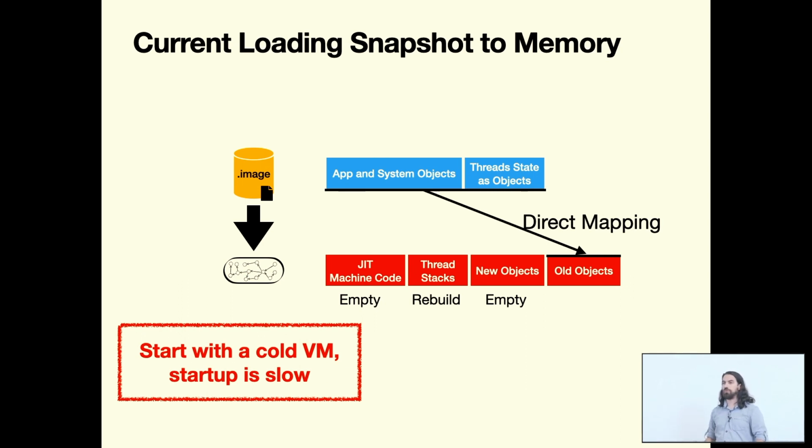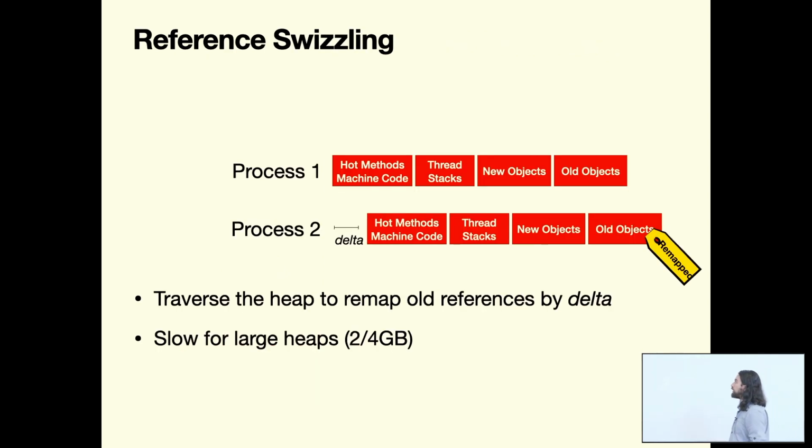So that means that actually we start with a cold VM. The startup is slow. Maybe when you saved your image, you had a lot of methods that were JIT compiled, and they are not there anymore. There are also some other things that can impact performance, like what happens if the operating system doesn't give you the exact same address where you're going to put these segments. So if the first time you were allocated here, and suddenly the next time the operating system gives you some other address, then this delta